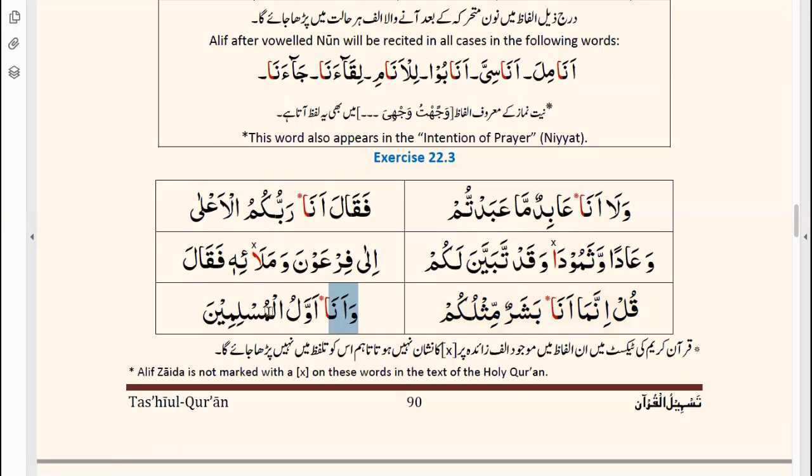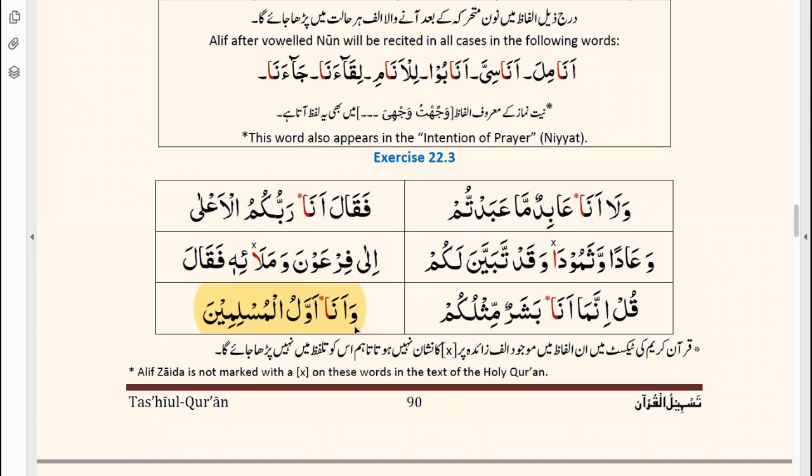Assalamualaikum. Wa alaikum assalam. Can you hear me okay? Yes. Excellent. So start with A'udhu and Tasmiyah, and then we'll go through this. A'udhu billahi minash shaitanir rajim, bismillahir rahmanir rahim. Excellent. So I'm going to recite it once, and then you can have a go, or we can break it down. Okay. So wa ana. Because I'm going to continue, I'm not going to make this an elongation, right? Wa ana awwalul